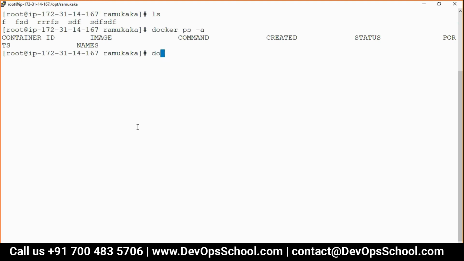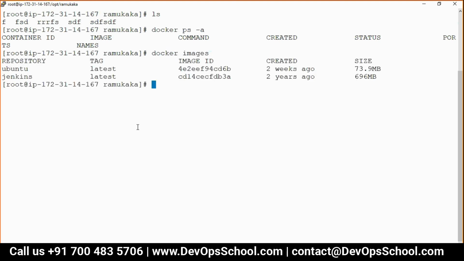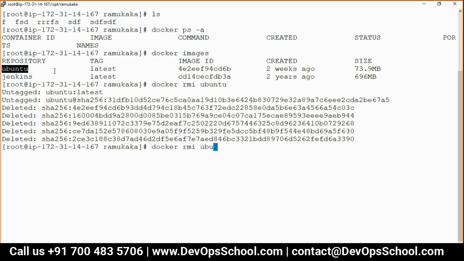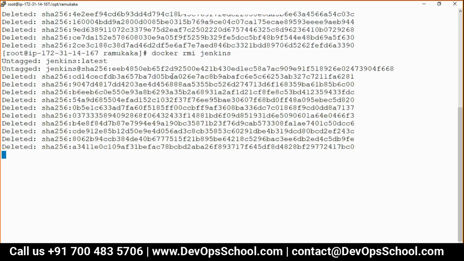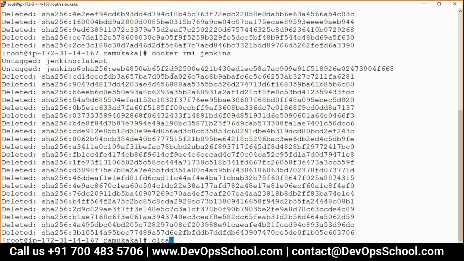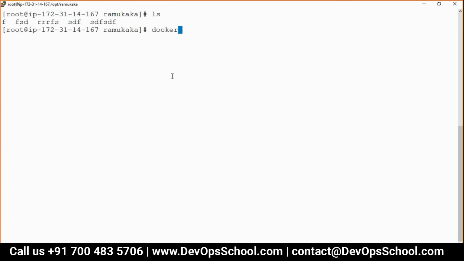How many images am I having right now? I have to delete this image. So docker rmi ubuntu, done. docker rmi jenkins. So guys, everything is cleaned up.